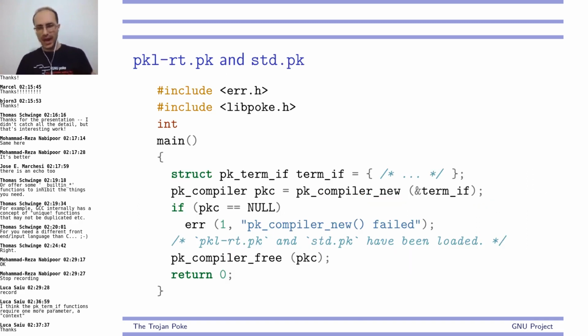So I have to tell you that when you actually create an instance of a compiler, you already load two Poke files. The first one is pickle-rt1, which is essential. This is part of the implementation of libpoke. You cannot just remove it or change it. It is part of the thing because